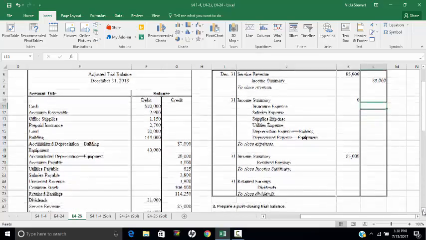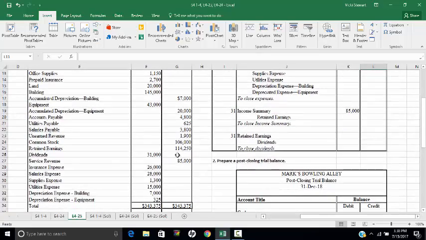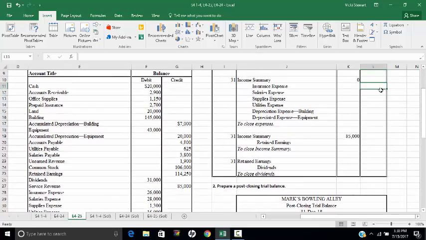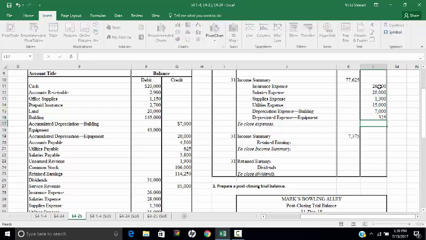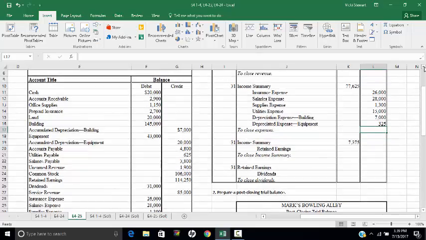So we would do the same thing. We would go to our adjusted trial balance and take the balances from all of our expenses. They're all debit balances, and so we're going to credit each one of those so that when we post these to these accounts, they're all going to have a zero balance. The purpose of the closing entries is to, first of all, summarize the amounts so that we can determine our net income or net loss, but also to get these accounts to a zero balance for the beginning of the